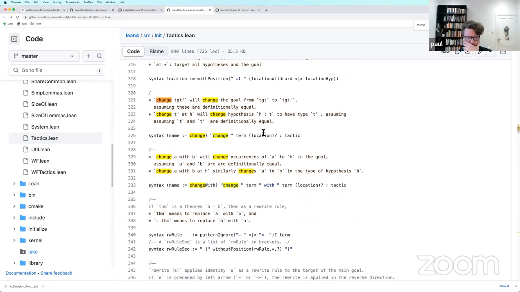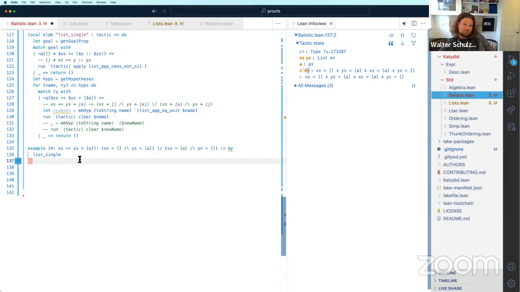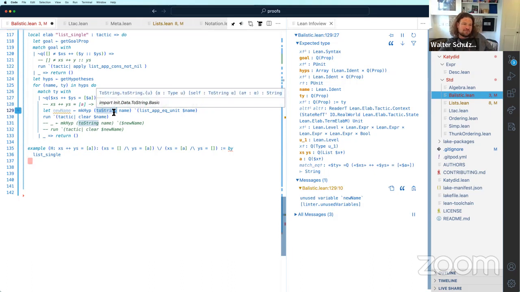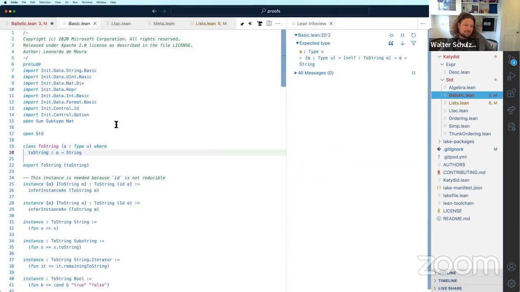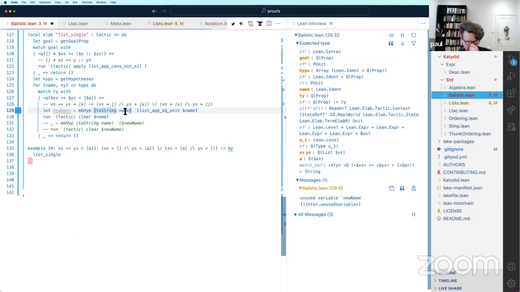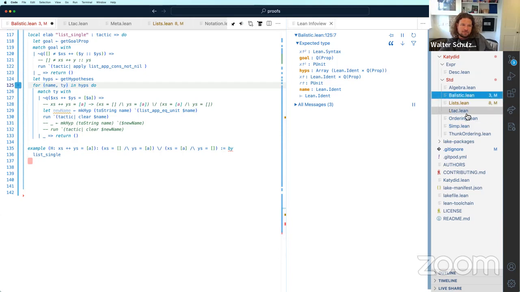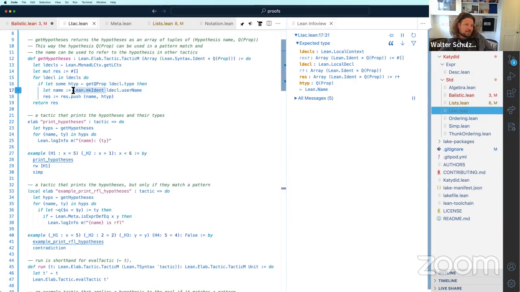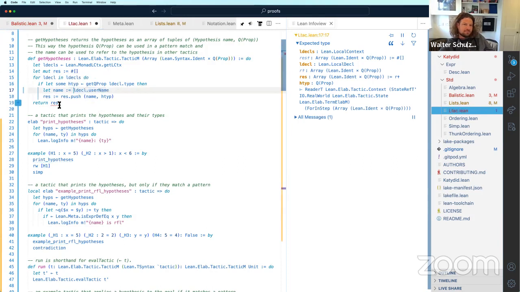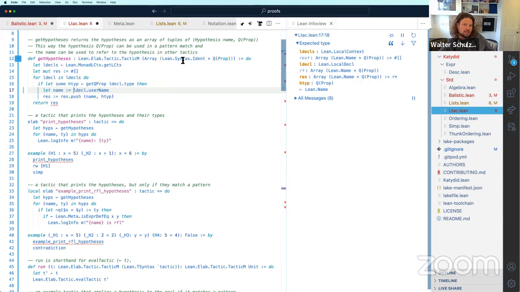No, it doesn't work because we'll change goal from target. Yeah, ignore that. Okay, but our toString is the problem. It's not doing what we think it is. Not surprised. We can't actually see the instance. So I wonder, if I don't call make ident here, then we get a Lean name.